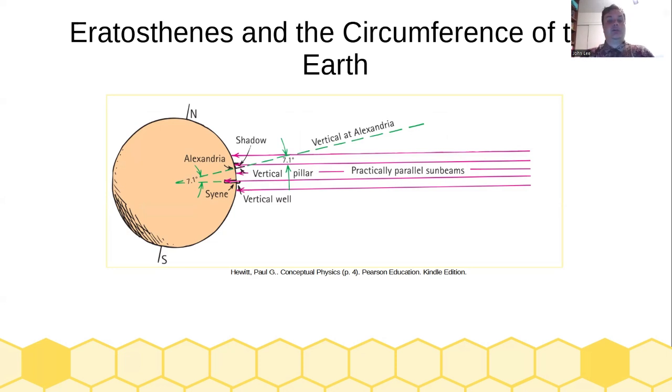So if the Earth wasn't flat, then that would mean that any pillar that came out of Alexandria some distance away at the same time would be at a different angle with respect to the sunbeams and would cast a shadow, while there was no shadow cast in the well in Siena. So what Eratosthenes did was wait for that day to come and took a measurement of the shadow that